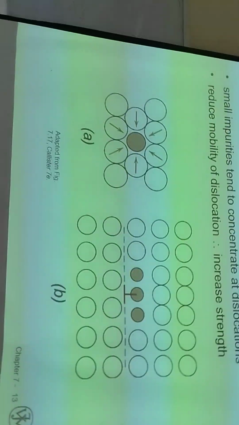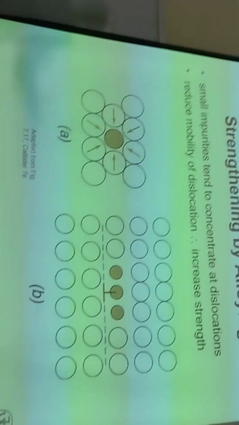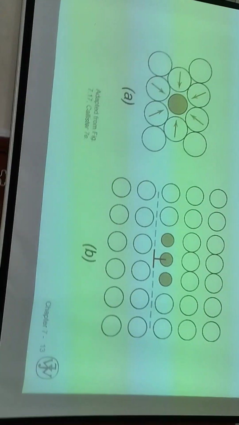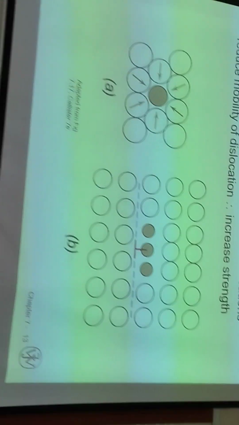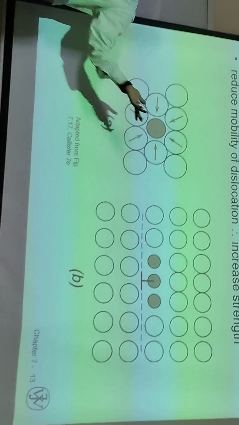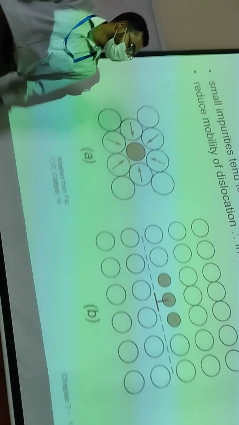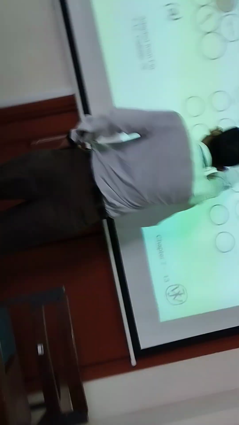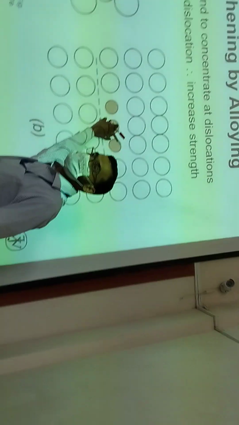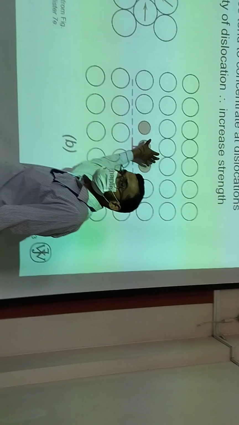What alloying is going to do is introduce atoms of different sizes into the normal structure. For example, in iron, let us say we have a copper atom. Copper is slightly smaller than iron. So what is going to happen? It has created a tensile stress over here. Plus, over here, instead of iron atoms, which would have been accommodated and would have led to a greater amount of stress,